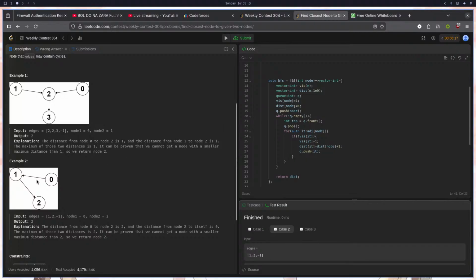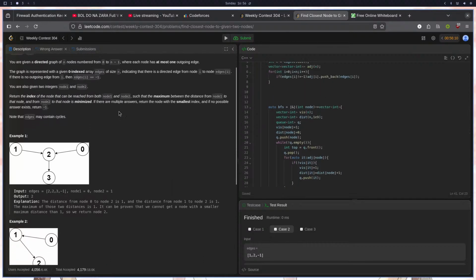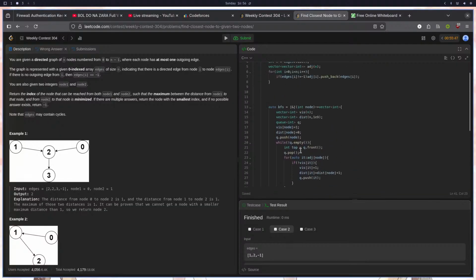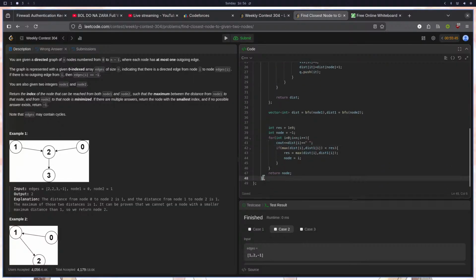Top Q.1 Q.1, visited of node, क्या था मेरा? Distance of, do not push IT. ठीक है भाई, क्या गलत हो रहा है मेरे को ये समझ नहीं आ रहा।